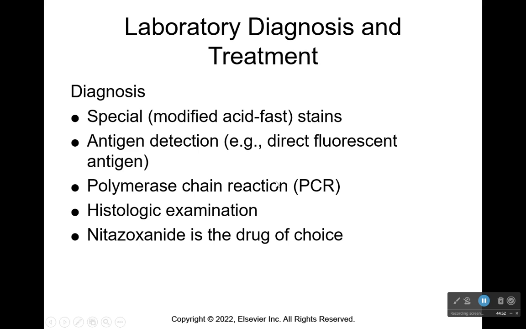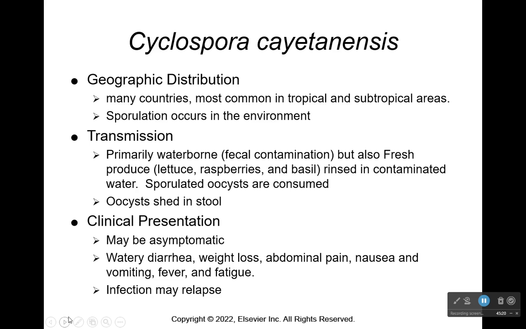This particular slide, I meant to change it. It's called laboratory diagnosis and treatment. And it said diagnosis, but then this is the diagnosis at the bottom. And I meant to go back and correct that. Laboratory diagnosis should be the modified acid-fast stains, antigen detection, PCR, and histologic. But that was at the top, and I went back and forgot to change it. Drug of choice, nitazoxanide. Another sporozoan, Cyclospora cayetanensis,